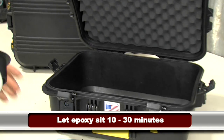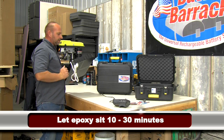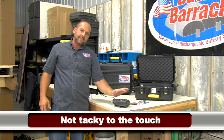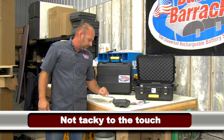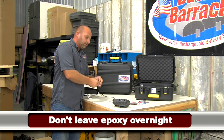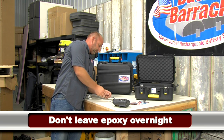Let that epoxy sit for anywhere from 10 to 30 minutes depending on the temperature you're working with. You want to be able to touch it and find that it's not tacky. It needs to be set up enough that these screws actually will screw into it. You don't really want to leave it overnight. That's a little too long. It gets a little too hard. So you turn those,